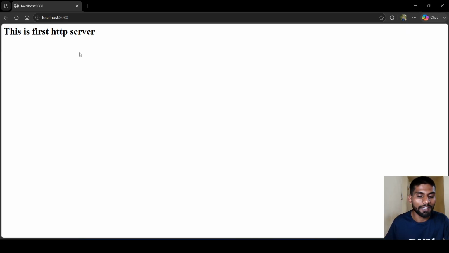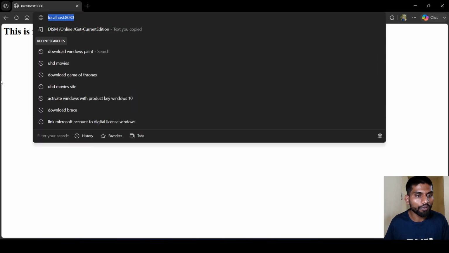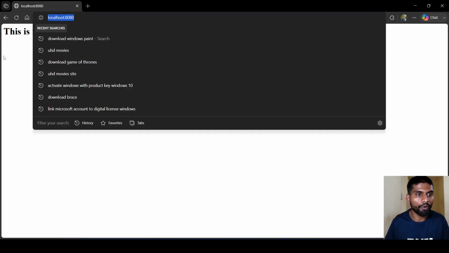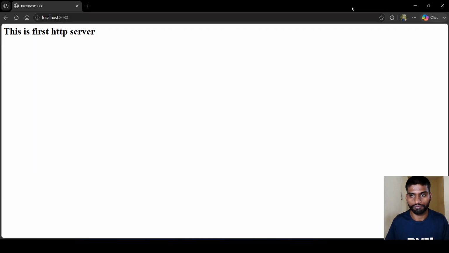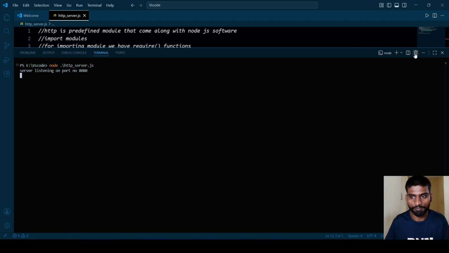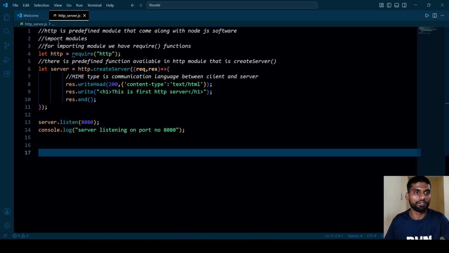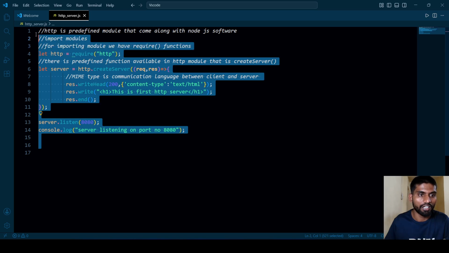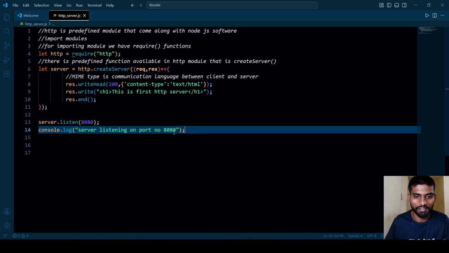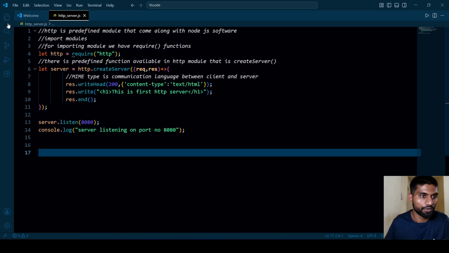Second, I want to pass some query parameter from here to the server. How to pass that, I want to show you. So this is the first, how to create the server in the Node.js environment. So second,